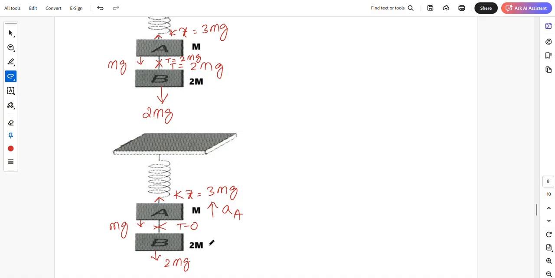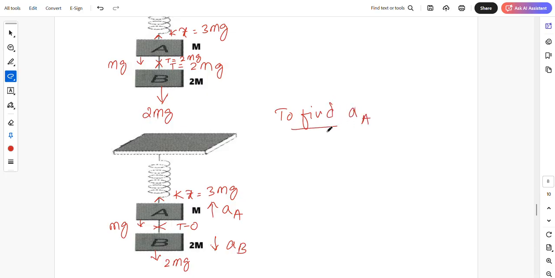What happens to the acceleration of block B? This is 2mg downward, and there will be no upward force, therefore AB will be downwards, and A will be upwards. Now let us find what is AA and what is AB. To find AA,